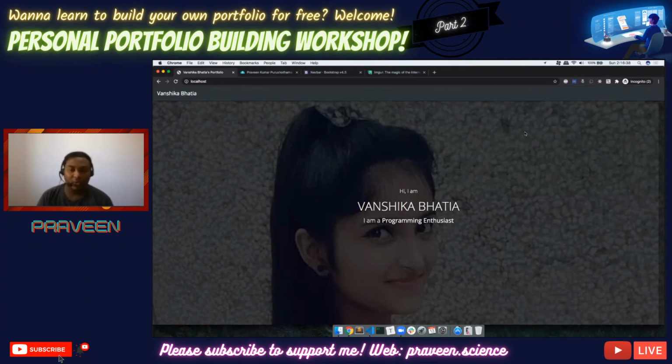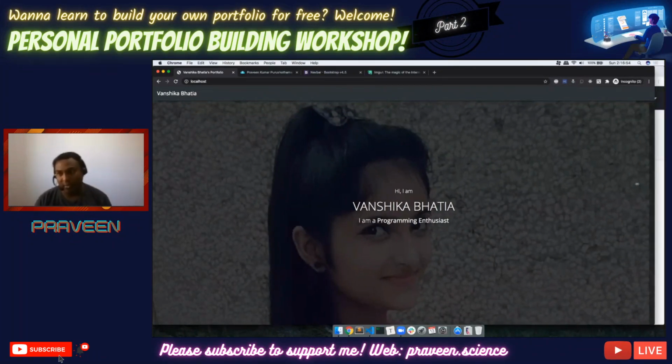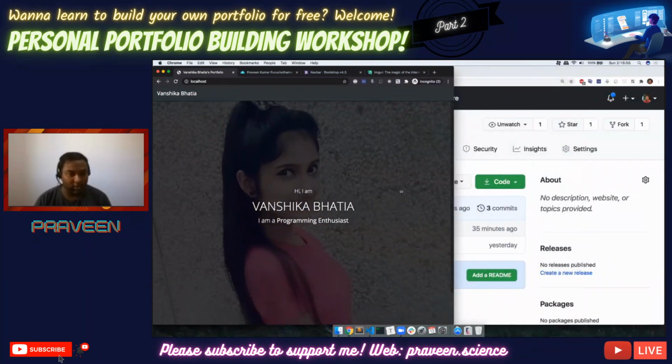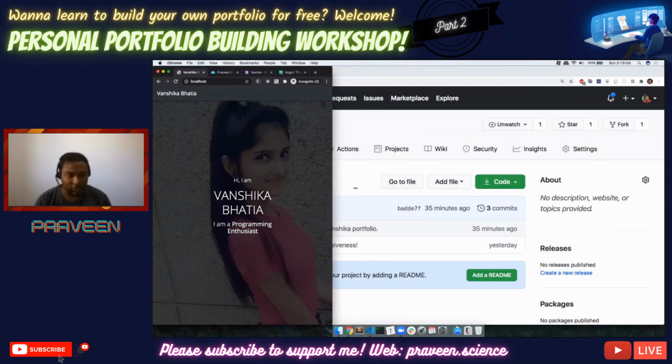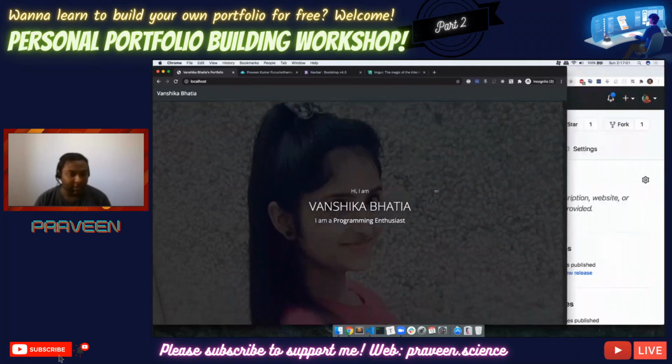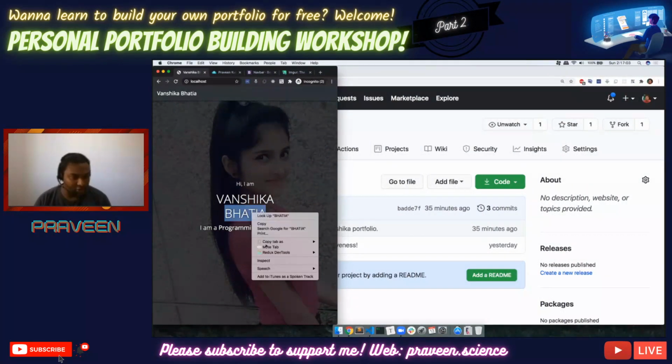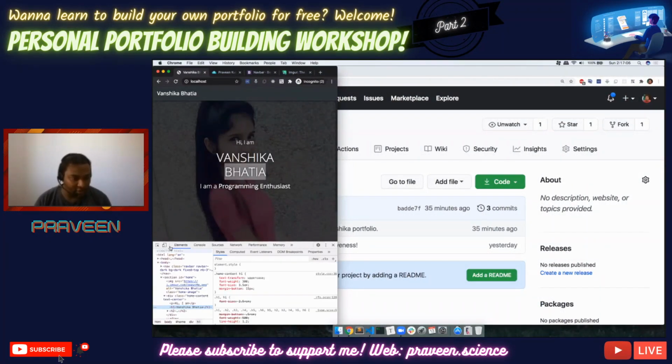And now we will also look at the responsiveness. I believe this is already responsive because we are using Bootstrap. Okay, so let's see. This is the normal window size. If I try to make it smaller and smaller and smaller, it looks perfect actually. But I don't know why when it comes like this, it is actually breaking down. So let's try to find out why it is breaking down. Okay, now the problem here is this one is somehow getting compressed for some reason. So let's try to fix that.